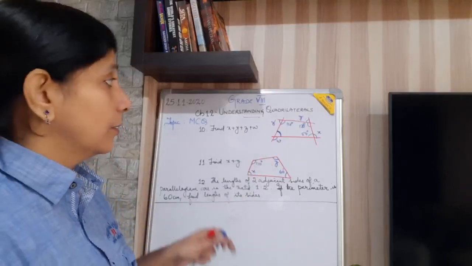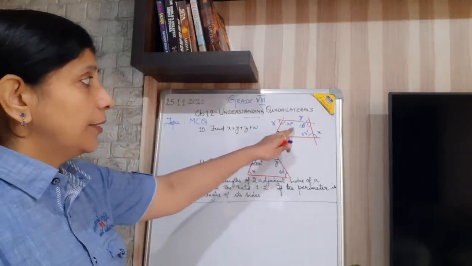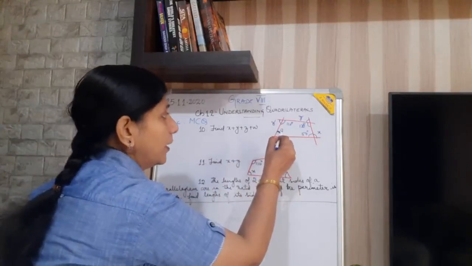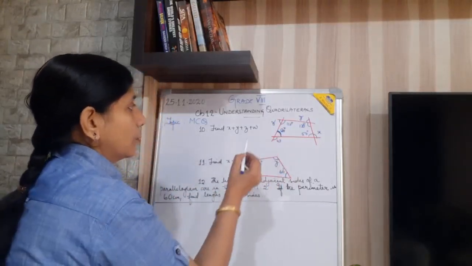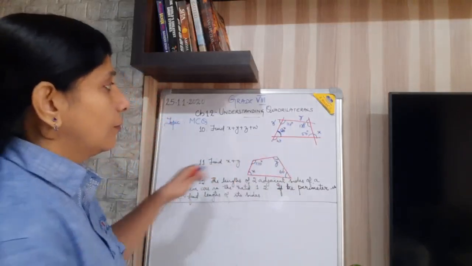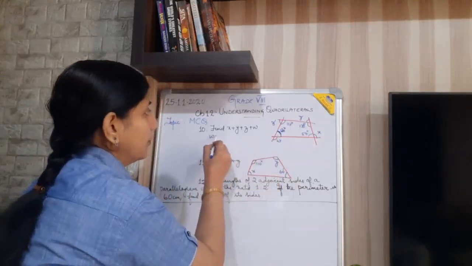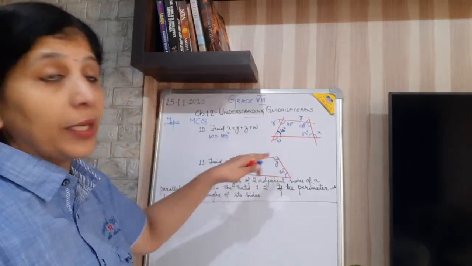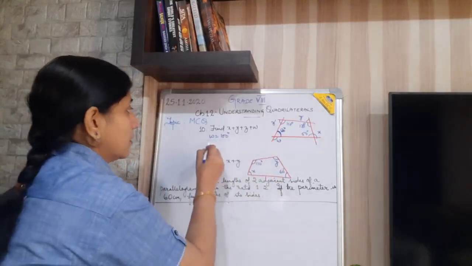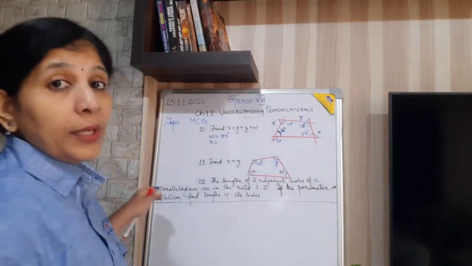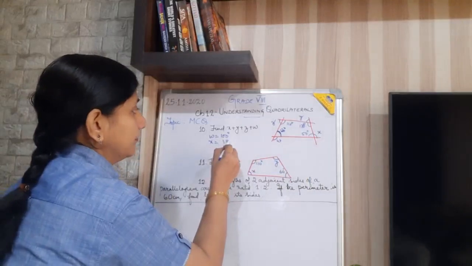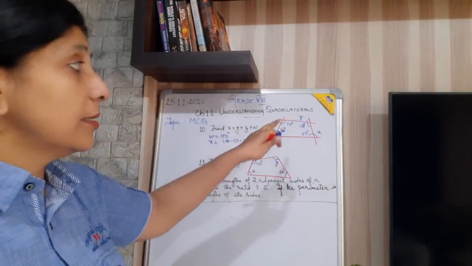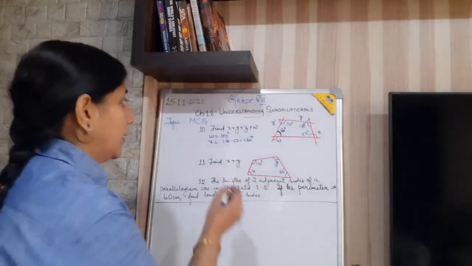It is a quadrilateral. So 360 minus the sum, 100, 200, 230, 280. So this will be 80 degree, isn't it? So 80 degree. Now what about w? So w will be 100. This is a straight angle. So 180 minus 80. Now x will be 180 minus 50. It is 130. Because all the exterior angles form linear pair with the corresponding interior angles.